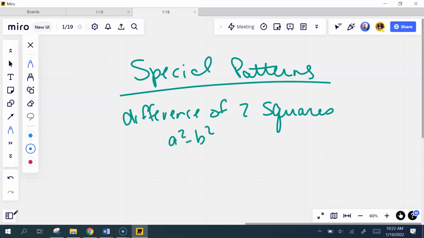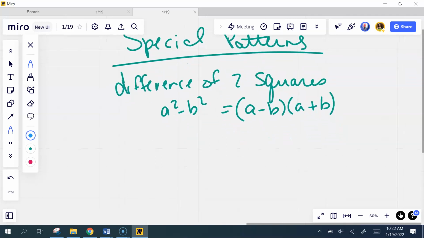We take the square root of each and split it up this way. But there's one other special pattern that you don't have to know just yet, but it'll be really beneficial if you do, because we'll get to a section later in this chapter where you do have to know it. And so this last one is called